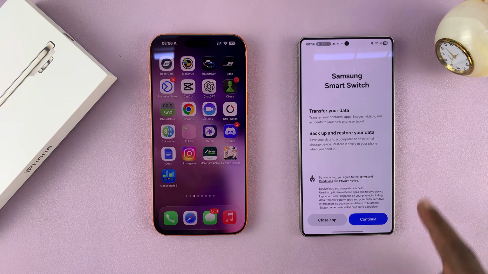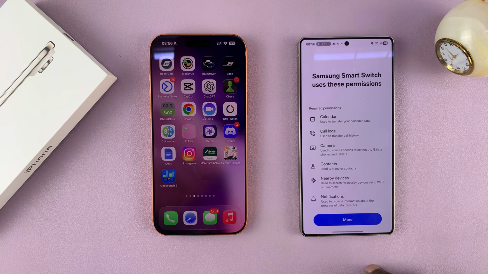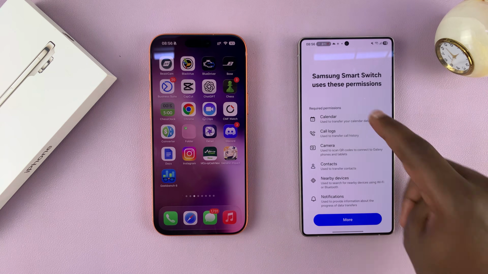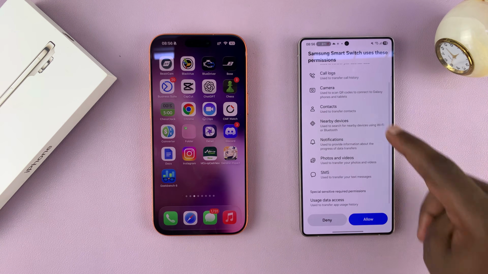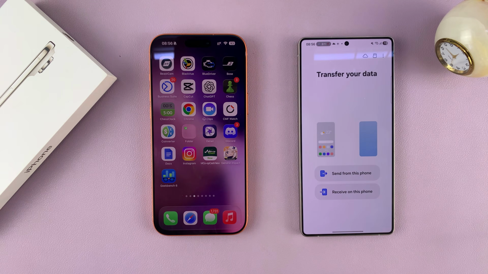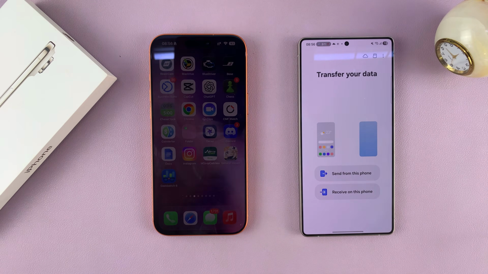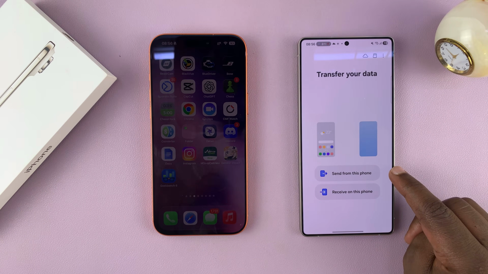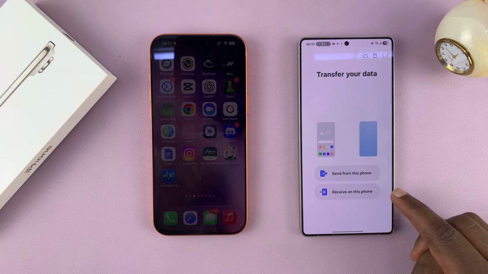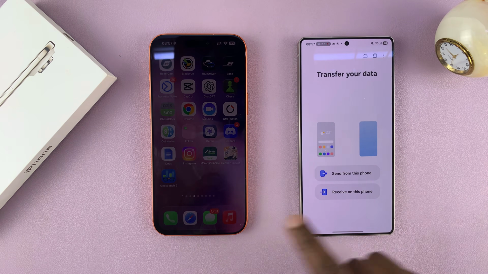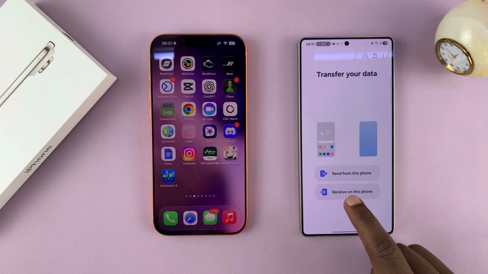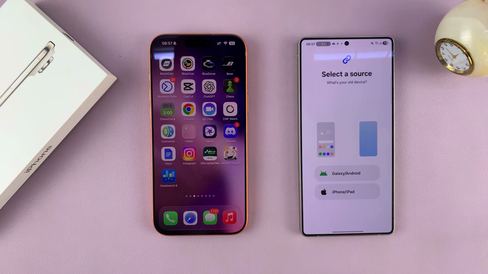So once you open Samsung Smart Switch, you can now go to continue, and then you can see what kind of permission Samsung Smart Switch uses. So I'm going to tap on allow, and then on this page, you choose whether you want to send, transfer data from this phone or receive on this phone. So since we're transferring from the iPhone to the Android, I'm going to select receive on this phone, and then